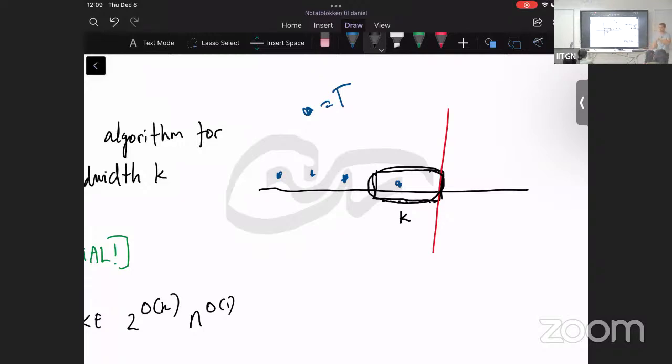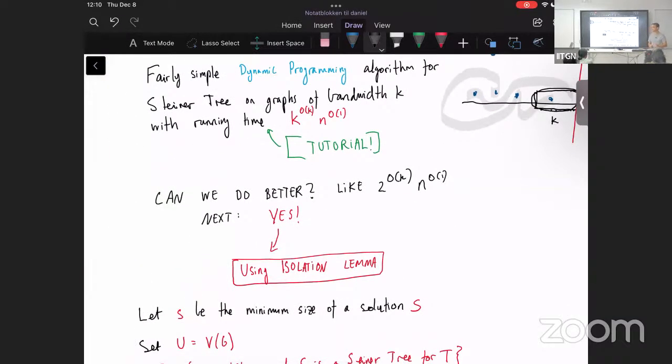So in particular, with Socket and Daniel Marks back in, I think, 2011 or 12, for a number of problems that kind of looked like this, we were able to show that assuming the exponential time hypothesis, k to the k running time is unavoidable. But for a number of problems, including Steiner tree, we couldn't show it. And we were just like, why can't we show it? Well, it turns out we couldn't show it because there is a c to the k algorithm. There is actually a running time for Steiner tree on graphs of bounded bandwidth with running time 2 to the big O of k, using this wonderful cut and count method.